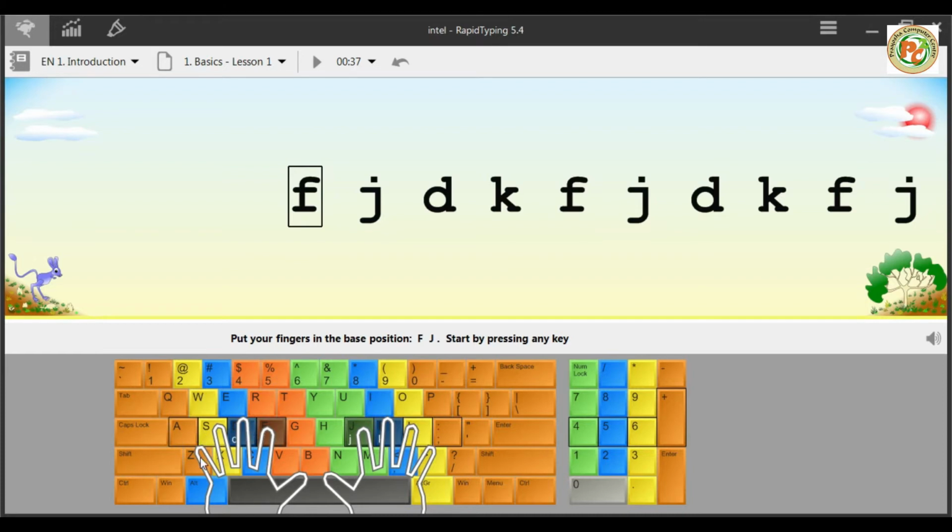This finger will cover all these orange sign keys. These keys are going to be covered by this little finger.